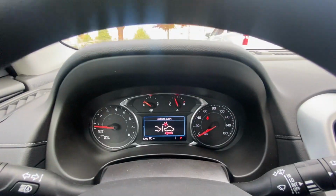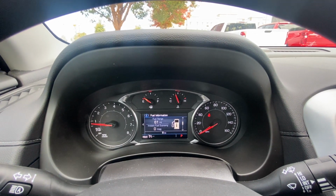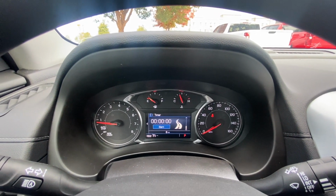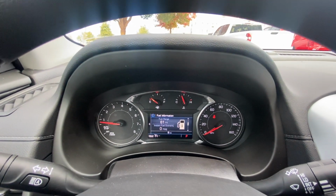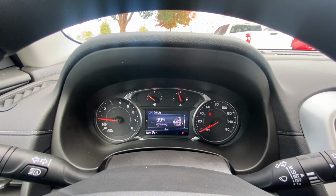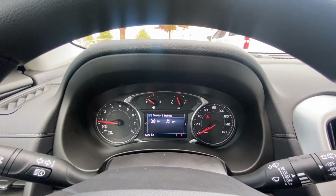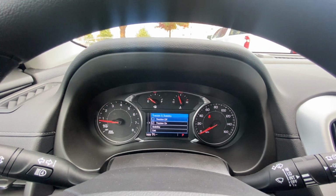And these four arrows are used to go through the digital part of your gauge cluster. So with this one, it's pretty simple. I like how everything is set up. We just have this one little info menu that we can scroll through, shows fuel economy and tire pressure monitors. And then you can adjust in the options your traction control, stability control,